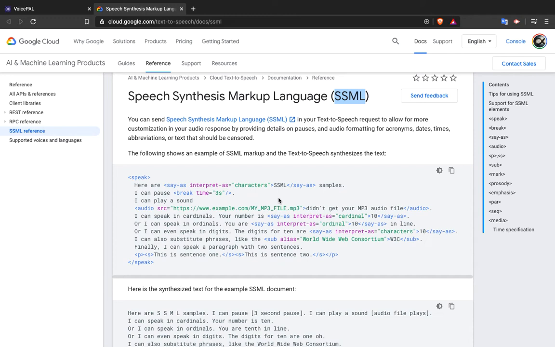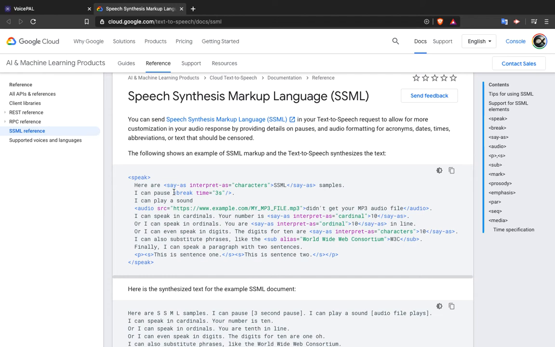But if you want to pronounce it as separate individual letters like S-S-M-L, then you have to add this say-as, interpret-as, and characters tag to that particular text. This SSML needs to be pronounced separately, so that's why the say-as tag is added here.